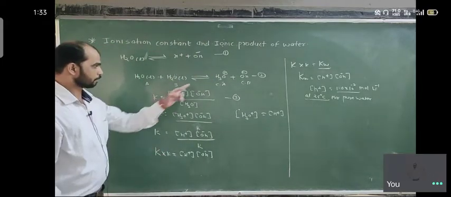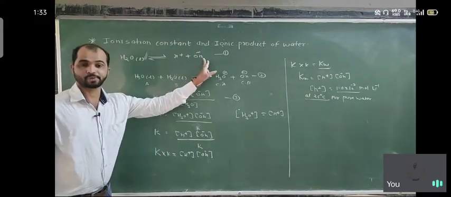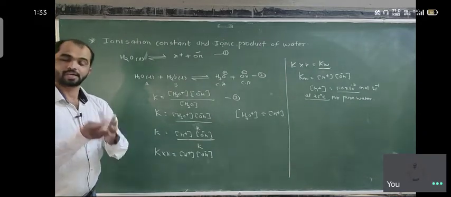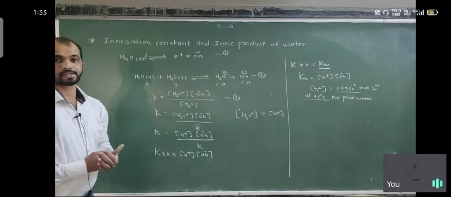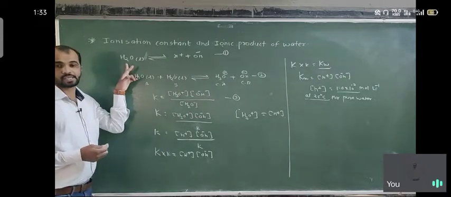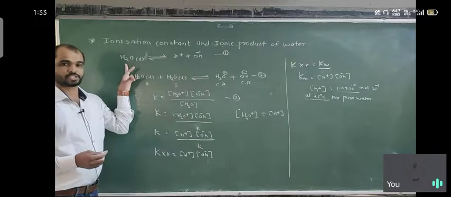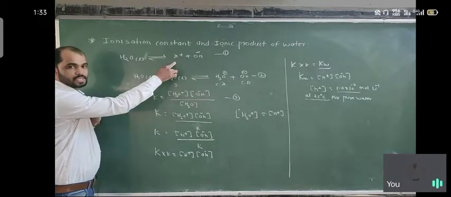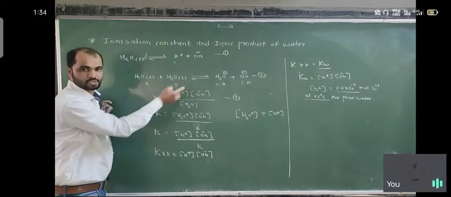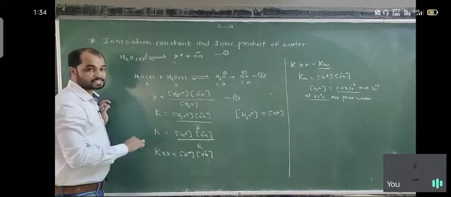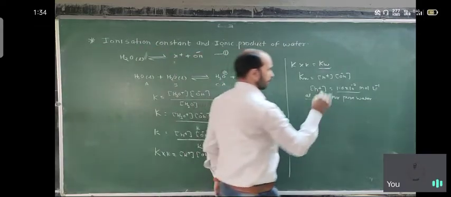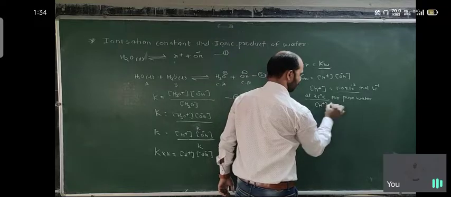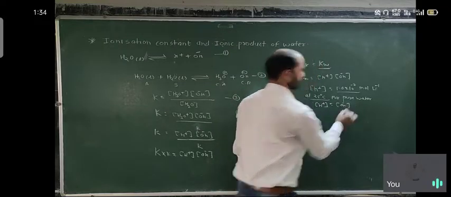plus produced here and OH minus produced here are equal. The number of H plus ions is always equal to the number of OH minus ions. Suppose there are 100 molecules and 50 molecules dissociate, or 10 molecules dissociate, then if 10 molecules give H plus, 10 molecules will give OH minus. So H plus and OH minus are same. So here H plus concentration is equal to OH minus concentration, and we know in